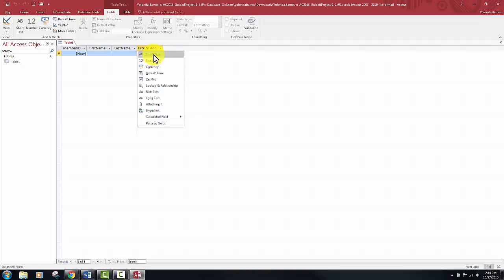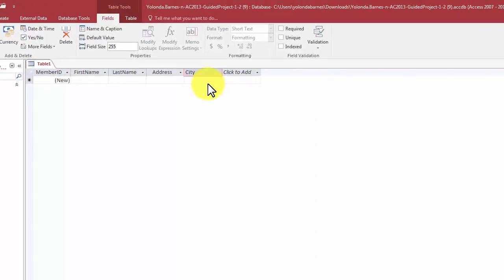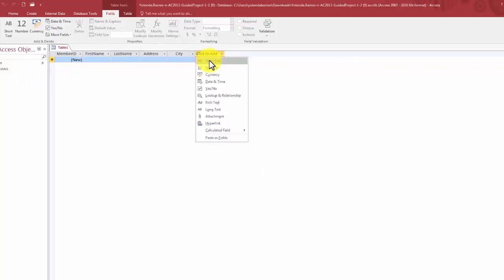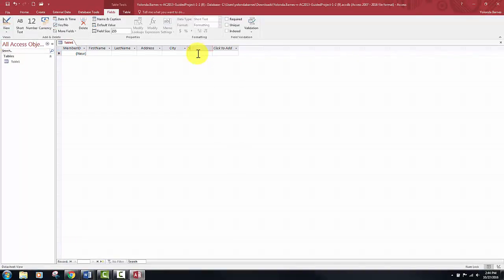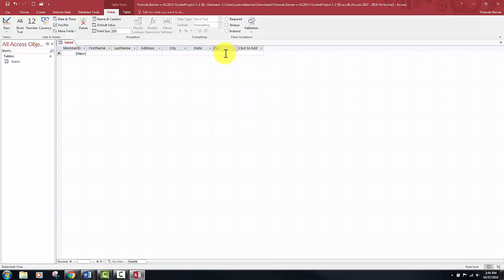So the data type for the next one is short text, and we're going to type address. Then press Enter. Short text, type city. And you can kind of see how we're creating these. We've got a member ID number, a person's name, their first name, their last name, their address, their city. So you can guess that the next short text that we're going to be doing is state. Press Enter. Short text again, zip code,